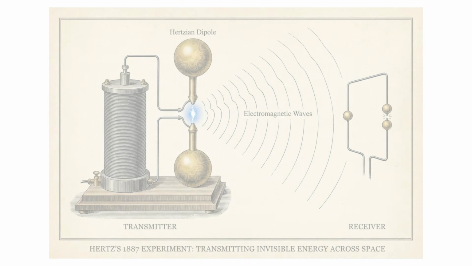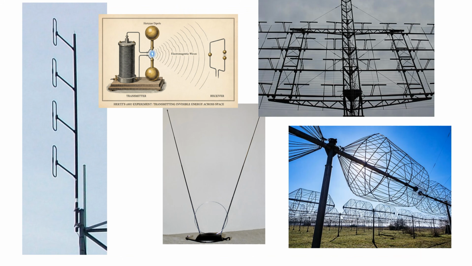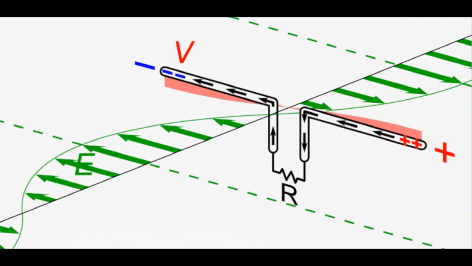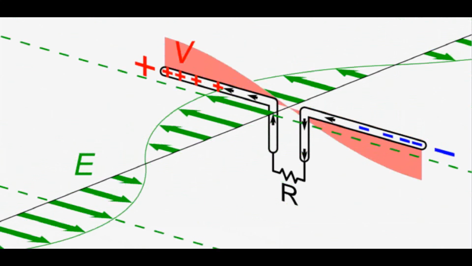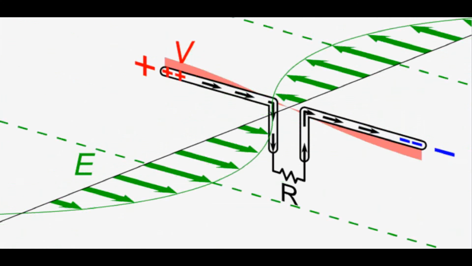Now, let's get started with the basics of dipole antenna theory. The dipole is the most fundamental and widely used antenna in radio communications. At its simplest, it consists of two identical conductive elements, usually wires or rods, oriented symmetrically with a feed point in the center. The term dipole literally means two poles. These two poles create an oscillating electric field that radiates energy into space.